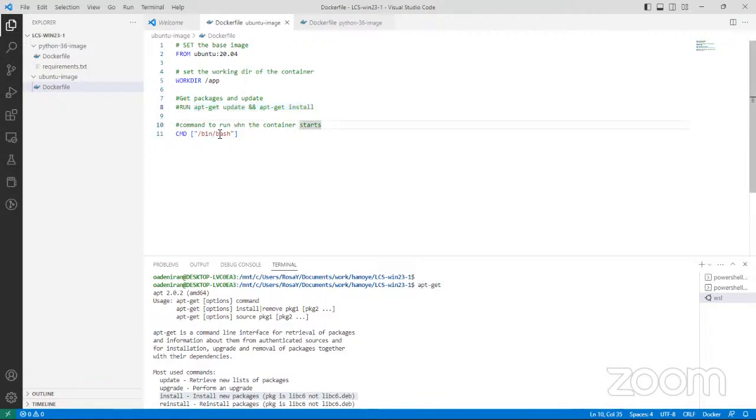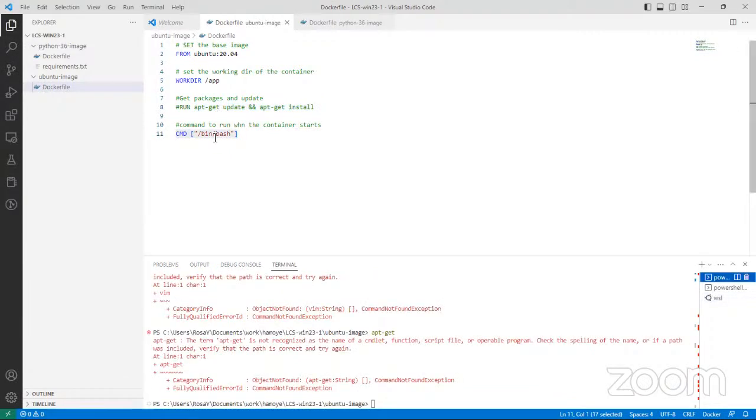And the last thing that I did here, let me go back to my PowerShell terminal, is the CMD command. What the CMD command does is run anything you give it in the next line. It runs it on a terminal in your container. So a CMD command does not work until the image has been built and the container is up. When you build this, the command is there, but it cannot run until you have a container that is working already. So even though it is in the image, what this does for the image is that it tells any container